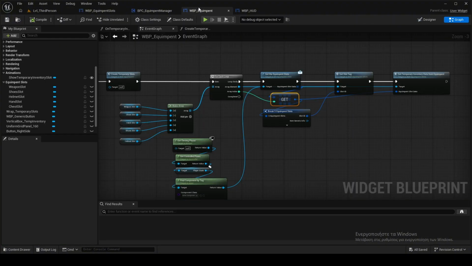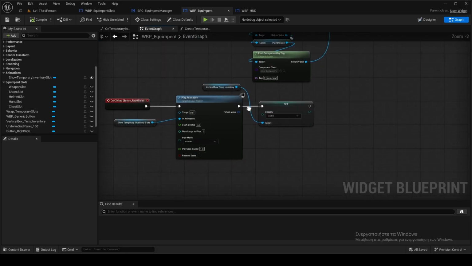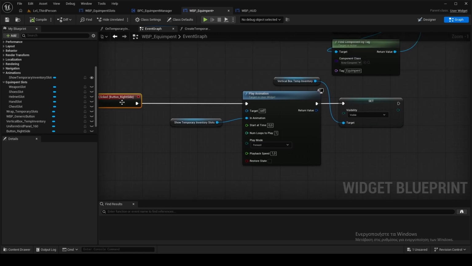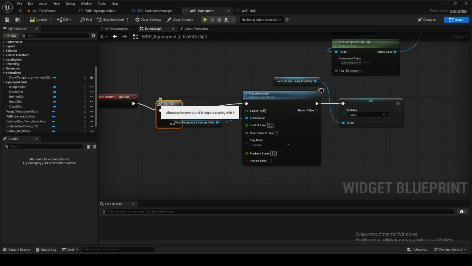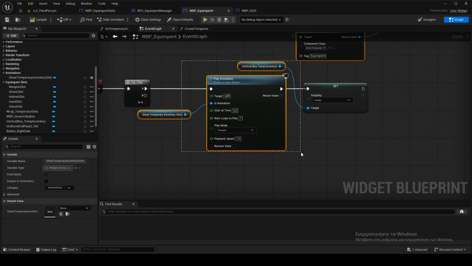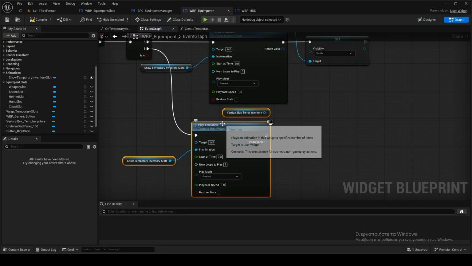Okay, so now I need to first of all, for now I will do a flip flop. When I press, I do this. When I press again, I will do this